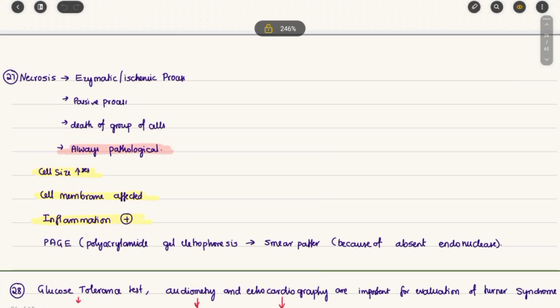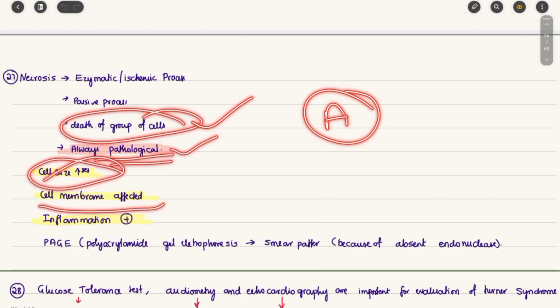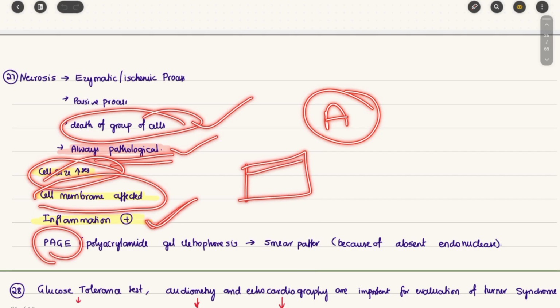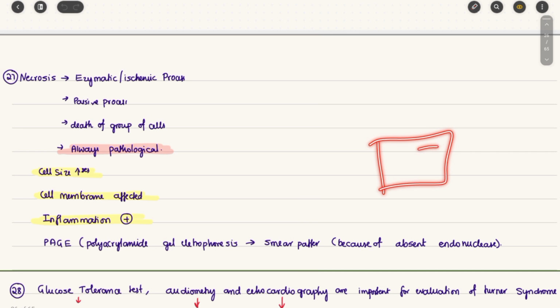See, necrosis is an enzymatic, ischemic process. It is a passive process, whereas apoptosis is an active process. The death of a group of cells will be there, always pathological. Cell size increases, cell membranes get affected, inflammation is present. Whereas for the DNA, gel electrophoresis will be there. Okay, that is polyacrylamide gel electrophoresis. In necrosis it will show a smear pattern, whereas in apoptosis it will show a step ladder